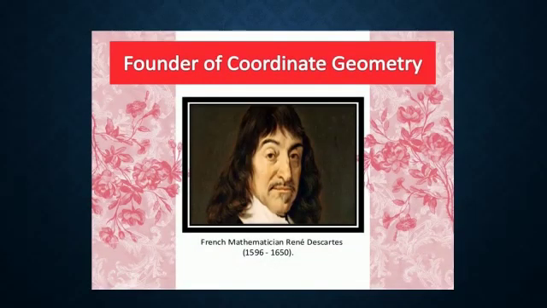Founder of coordinate geometry. This study was initially developed by French philosopher and mathematician René Descartes, the great French mathematician of the 17th century, that is 1596 to 1650. One day when resting in bed, he solved the problem of describing the position of a point in a plane. His method was a development of the older idea of latitude and longitude. In honor of Descartes, the system used for describing the position of a point in a plane is known as Cartesian system.